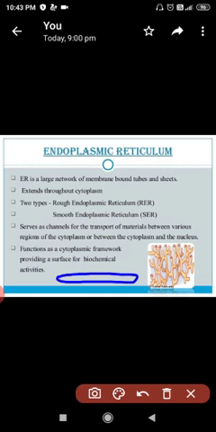Okay, remember one more thing here. A new term I want to discuss with you is called membrane biogenesis. What is it? Some of the proteins and lipids which are synthesized in the cell with the help of ER are utilized in the building of the cell membrane, and this synthesis process is called membrane biogenesis. Okay, so remember this, it is very important for you all.